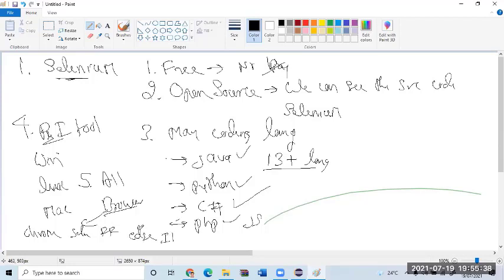Recently one browser has died. Which is that? IE. It's almost on the deathbed because Microsoft officially said they are not going to support it anymore. Opera, have you heard about Opera? Like this, many browsers are there. I'm not saying every browser, but all the popular browsers are supported by Selenium.